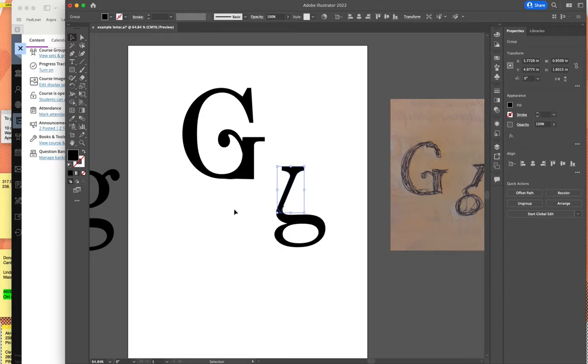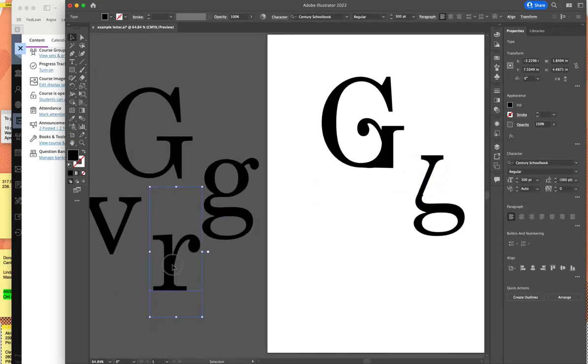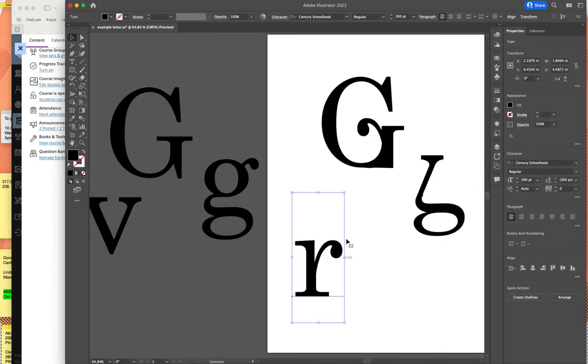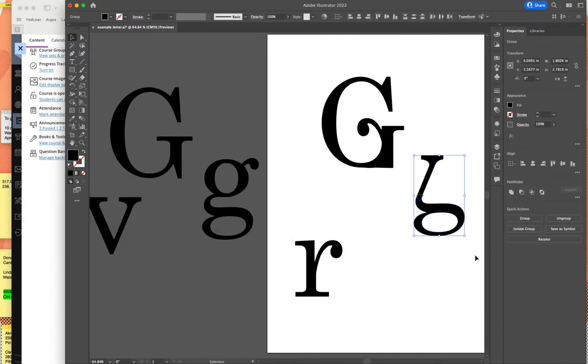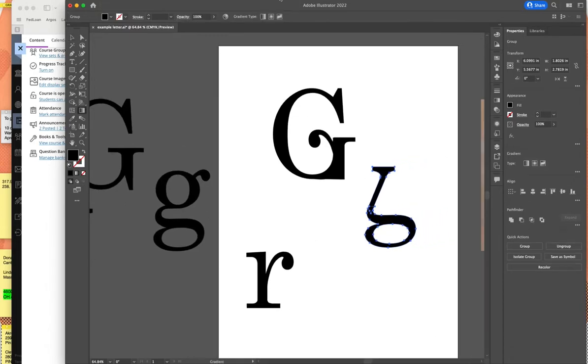And what I want to do is make sure that this is the X height. So I'm going to take my R, which I know is at the X height. So I'm going to make sure this kind of fits, and I think that it does. Hopefully that will work. I'm not going to clean this up, but you guys will want to clean up little areas like this. So I'm going to then take this, group it, Command G,